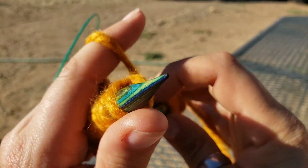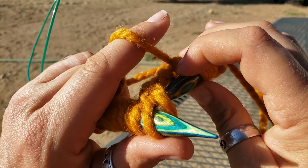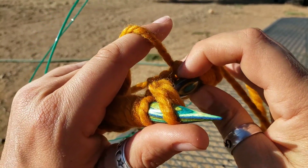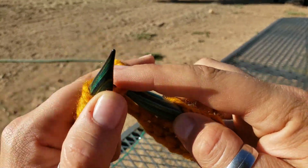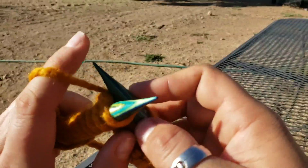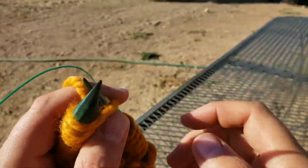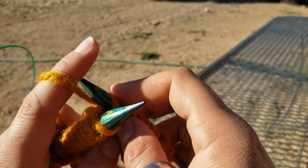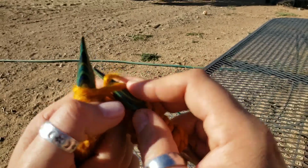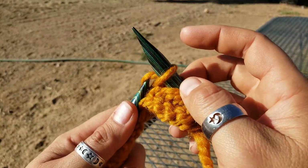hole. So I started in the front, I'm going here. I am not going here, down the middle. If I go down the middle, I'll drop that stitch, that's bad. You need to use this loop to your advantage, okay? There we go. So I'm in the hole, I'm wrapping around, and I'm pulling forward, and I'm dropping that stitch